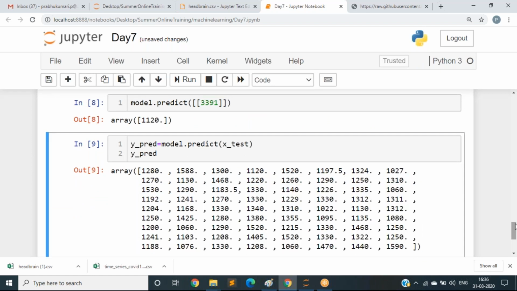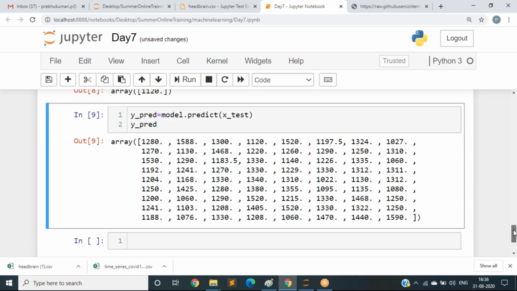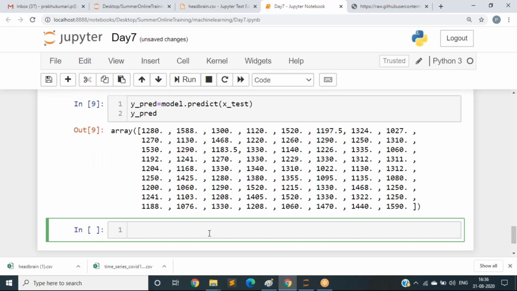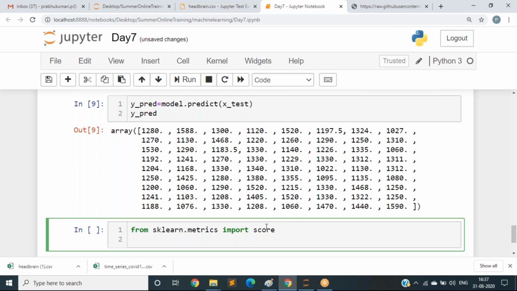Let us see the accuracy. To see the accuracy, we need to import from sklearn dot metrics import score. Let us see the score first.